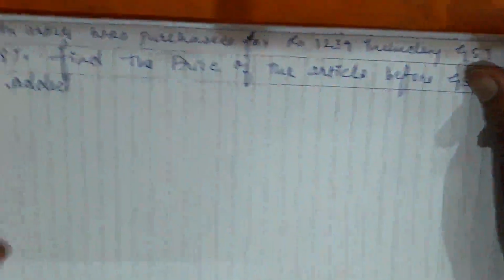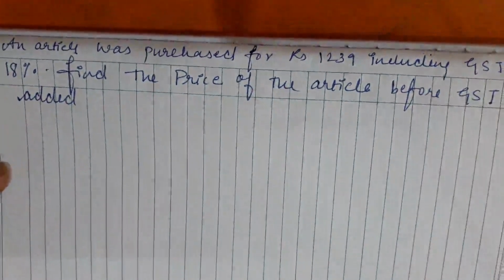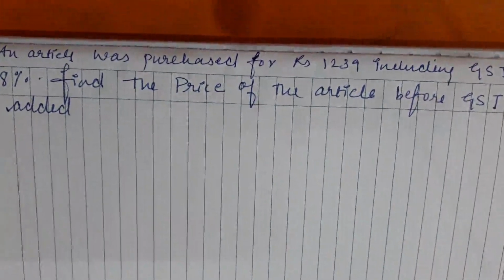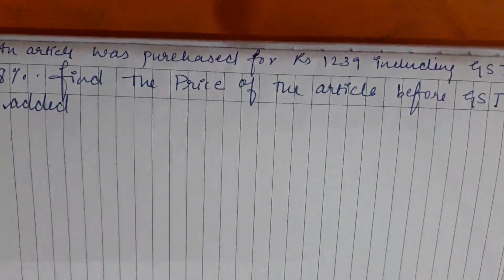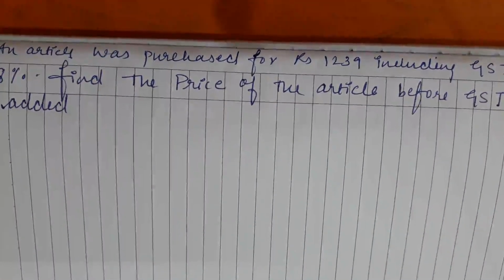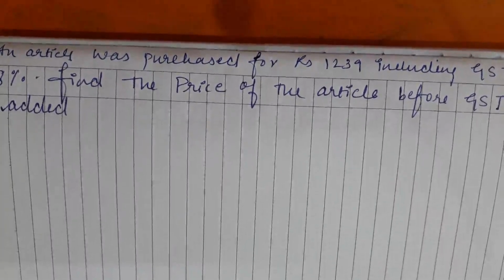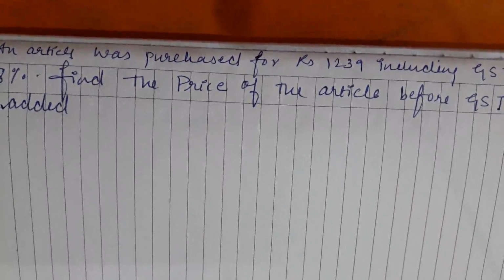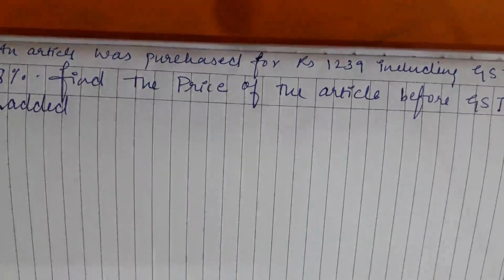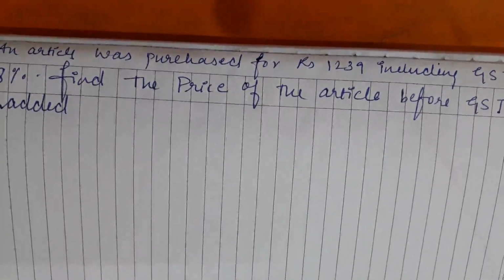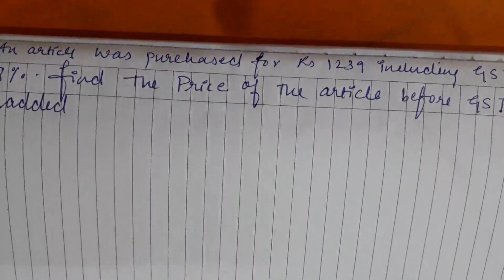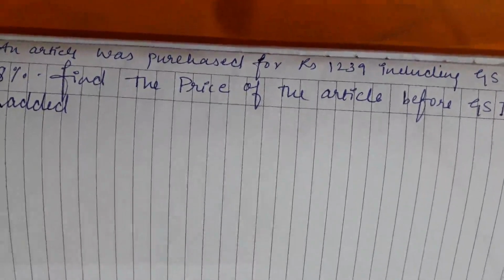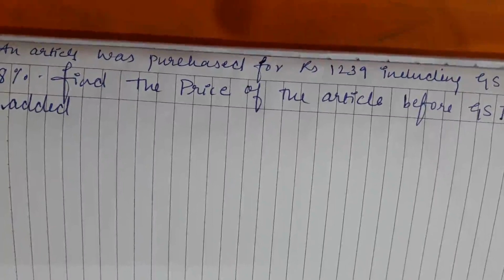Now the next question is: an article was purchased for rupees 1239 including GST of 18%. Find the price of the article before GST. So same question. Without GST you have to find the price. So make it X, then 18% of X, X plus 18% of X equal to 1239. In this way you are able to make an equation, solve that equation, you will get